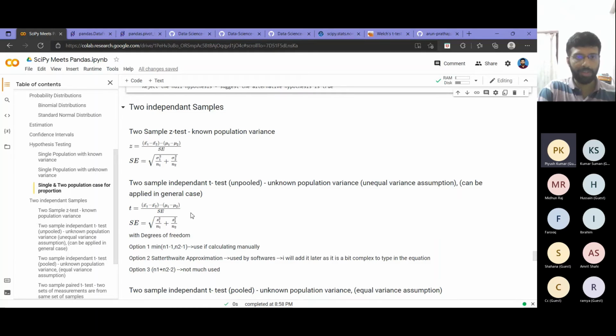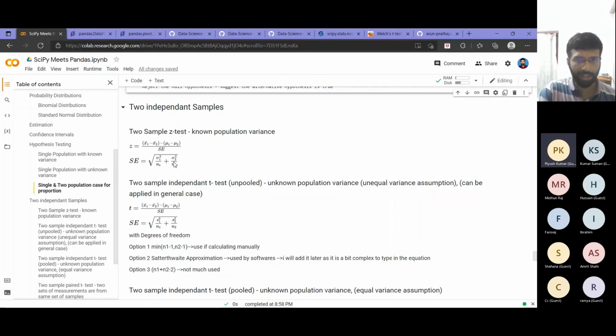The second equation that you can see here. So I'll come one by one. First thing is the two sample z-test, where I know sigma 1 and sigma 2. So for both populations, my population variance is given. In that case, I will compute the z statistic as x1 bar minus x2 bar minus (mu1 minus mu2), divided by the standard error, which in this case is the square root of sigma 1 square by n1 plus sigma 2 square by n2. So this equation will give my z statistic, provided I know sigma 1 as well as sigma 2.